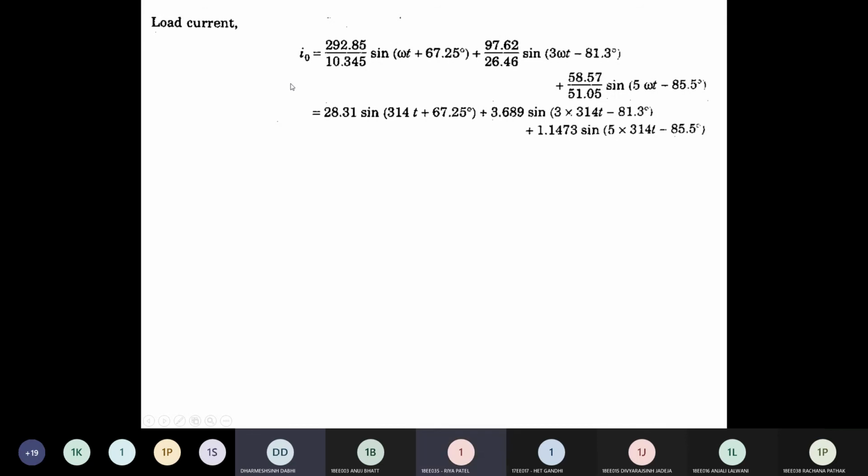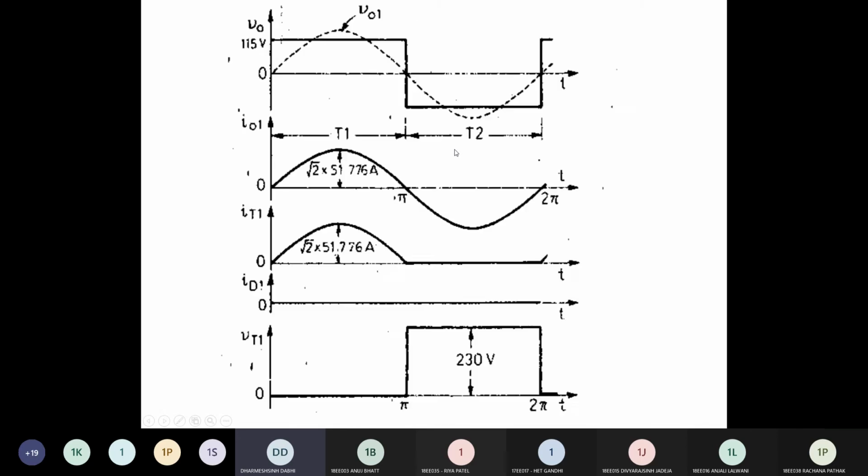So your output equation becomes what? I0 is equal to 28.31 sine(omega t), with omega being 314, into t plus 67.25. Clear? So as you already see the waveform, if you see the waveform of full bridge inverter,